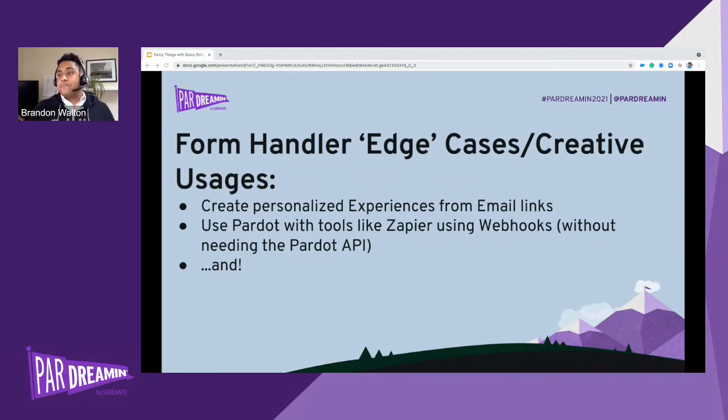The other thing, if you are on Pardot growth and you've tried to use something like a Zapier, and you try to go to Zapier, for example, and use the Pardot connector, you likely get a message that says, sorry, you can't be authenticated, or your API calls have maxed out, something like that. That's because if you're on growth, you don't have Pardot API, but you can use webhooks with Zapier and use your form handler in that webhook and use your integration that way. It works really well, and we've seen that happen a lot.